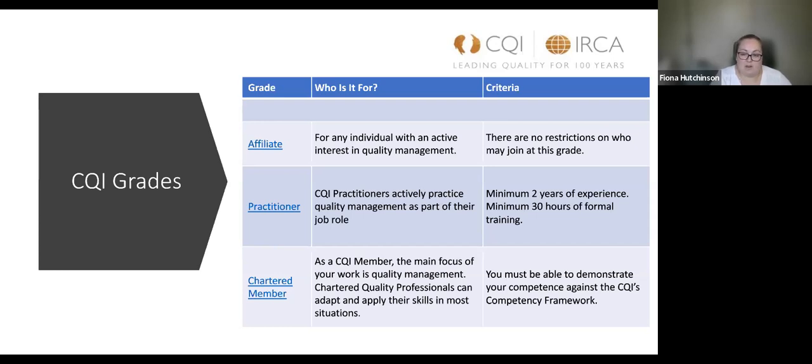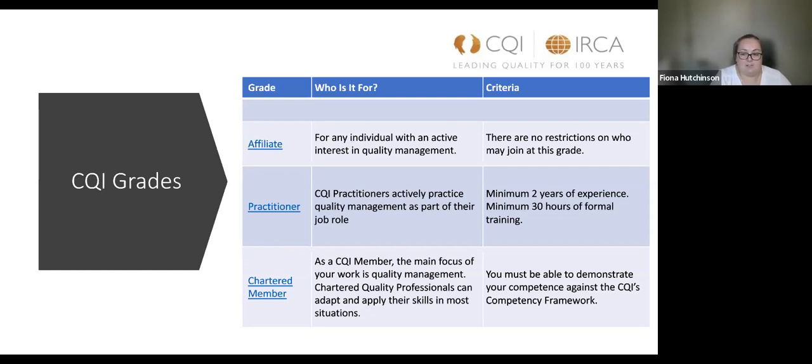And then the final grade that new members can join at is the chartered member grade. So this is for our more experienced quality professionals. This is the gold standard grade that we have. The application form, because of that, is much more comprehensive. We require you to provide case studies that you would then support with evidence to demonstrate your competence against our competency framework.